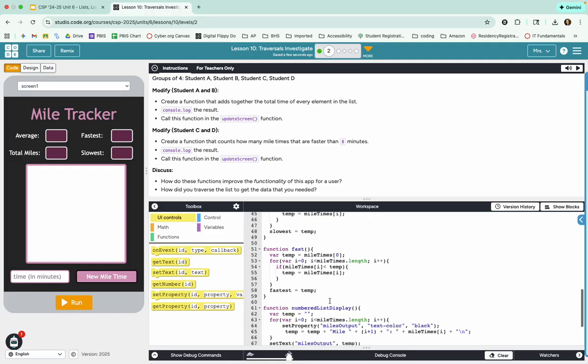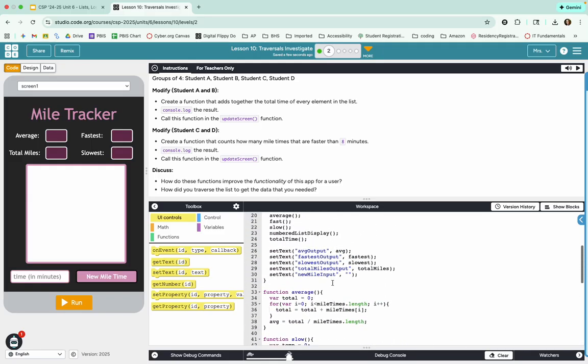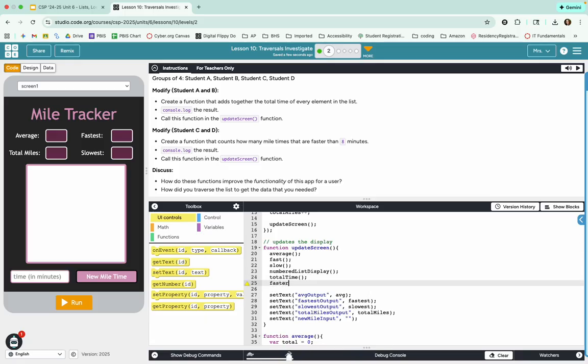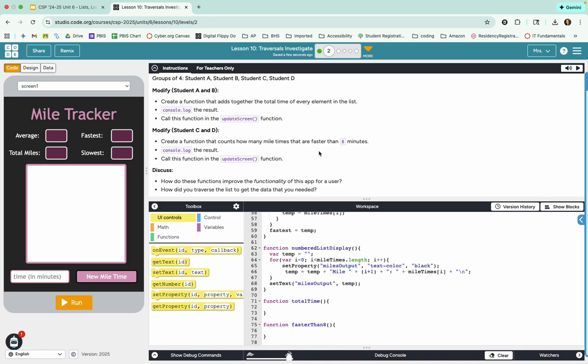Okay. And it says call it in the update. All right. So we're going to call it up here faster than 8. And what that's going to sound like is something like: I would make a temporary variable to store this. If get number from here, store it in temp time, is greater than 8,